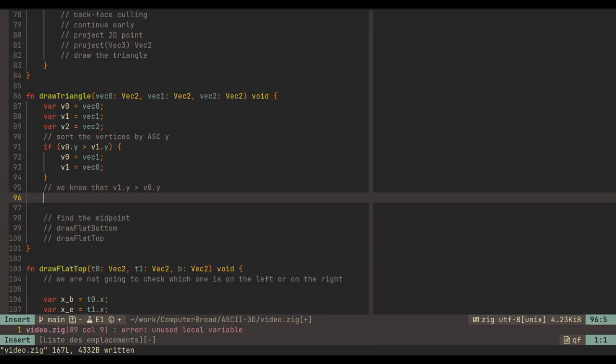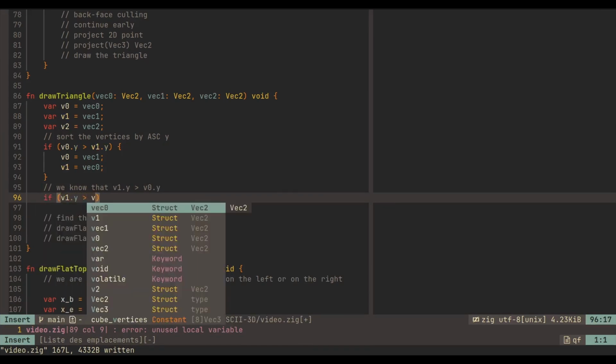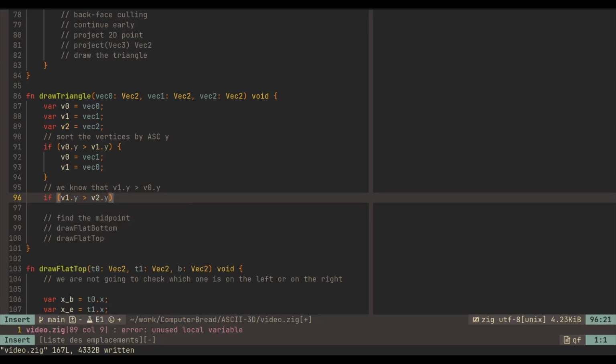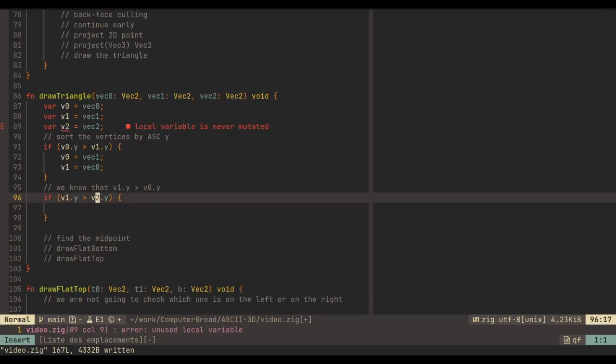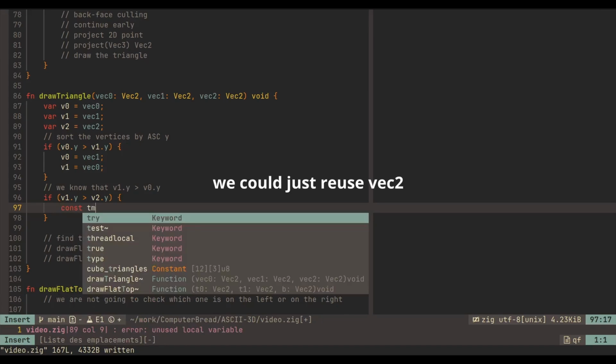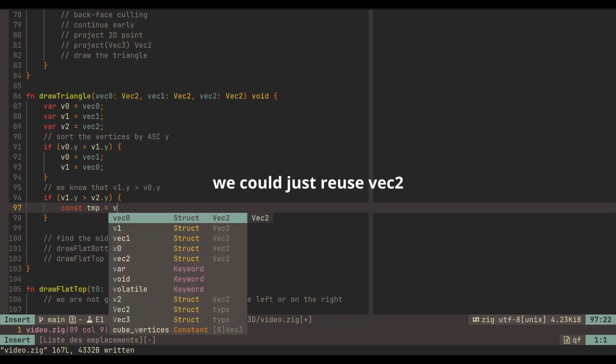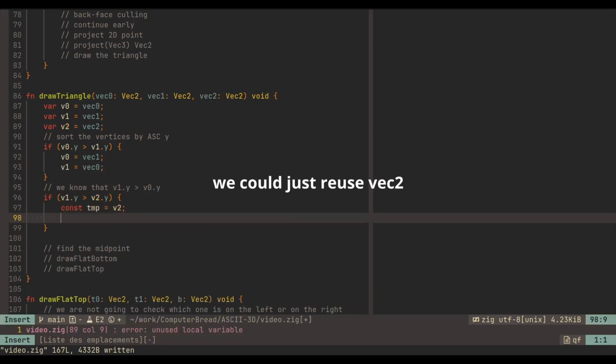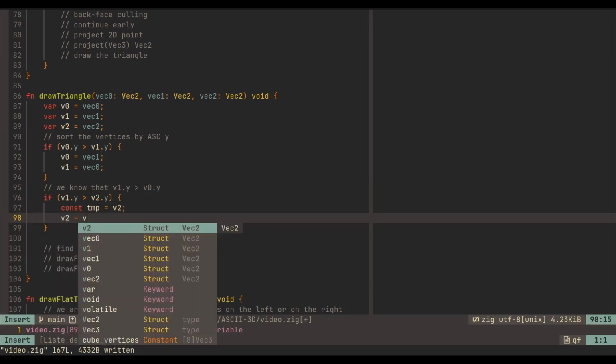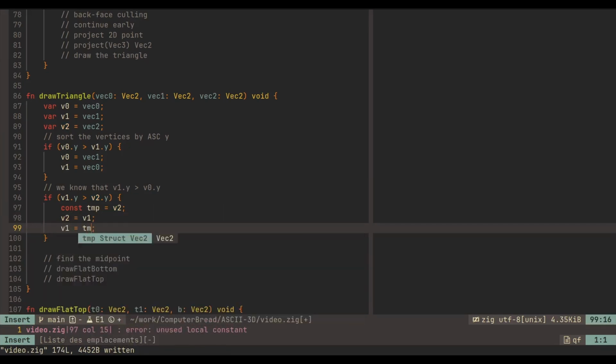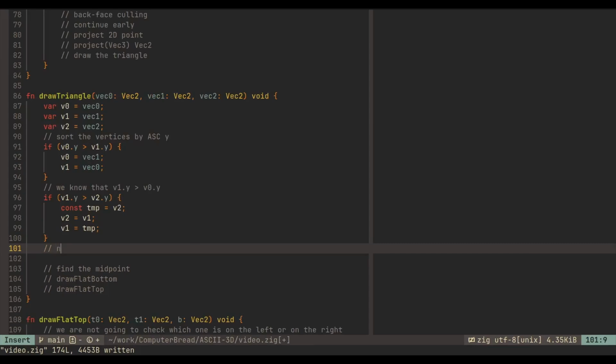And so now we need to check if v1y is greater than v2y. Then we need to swap v1 and v2. So here I'm going to create a temp variable to store the content of v2, and then I'm going to do v2 is equal to v1 and v1 is equal to tmp. And so now we know v2y is greater than v1y, but we don't know if v1y